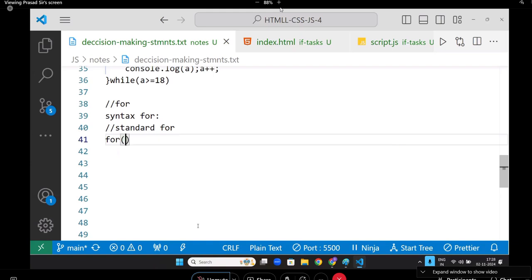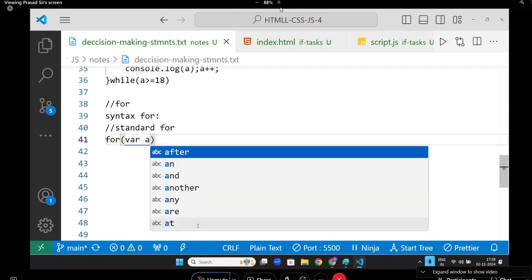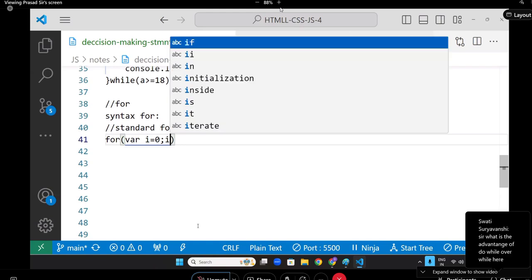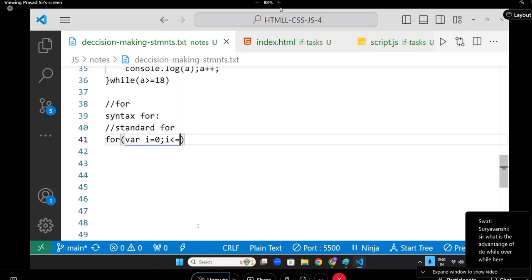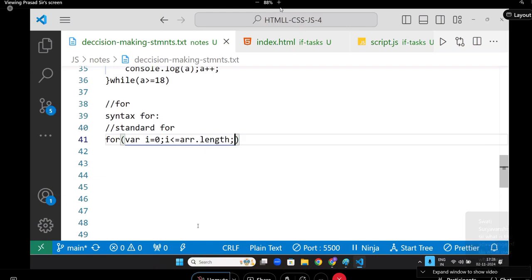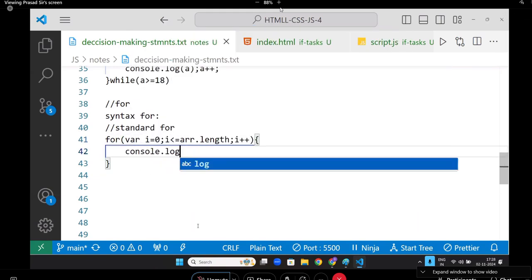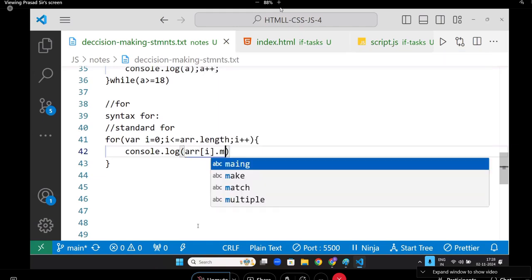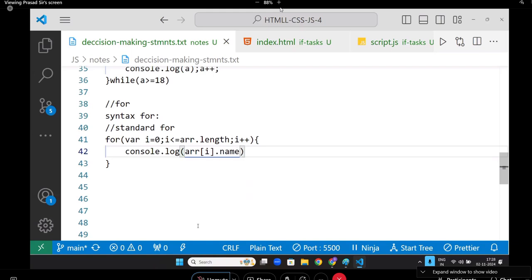For, you will have some variable. You can declare it outside or inside, your wish. Usually people use i. i is equals to 0; i less than or equals to arr.length; i plus plus. Now console.log arr of i dot name. If I use this syntax,